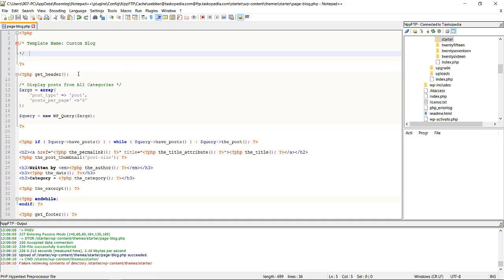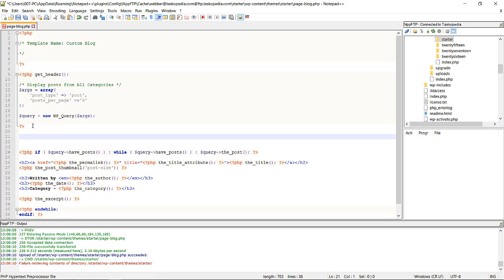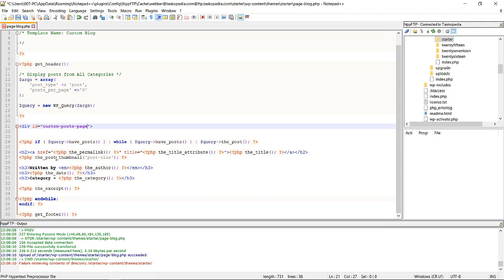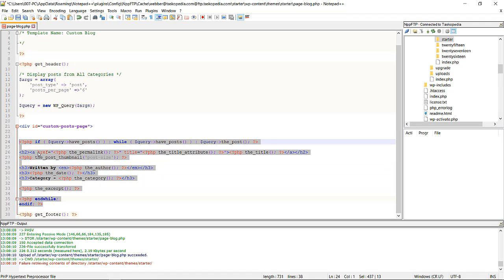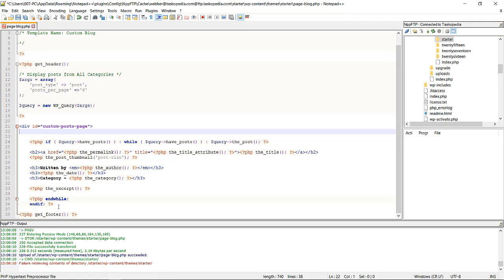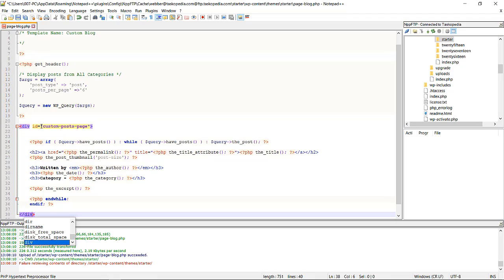So the very first thing I'm going to do right here would be to add, at the very, very top, a div, give it an ID, and I'm going to name this the custom posts page. All right. And then I'm going to add this as a tab. And then I'm going to close the div down here. That's the very first thing I'm going to do. So right now we can use this HTML ID to specifically target this page by using the ID